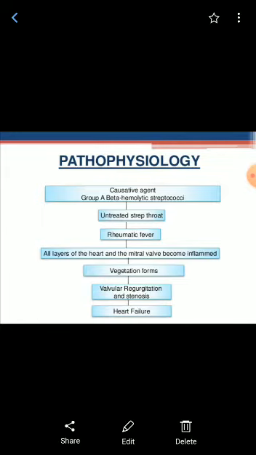So when we say that there is acute rheumatic heart disease, and when all the layers of the heart wall are inflamed, that condition is known as pericarditis. And the heart valve, especially the mitral valve, is frequently affected. So fibrotic nodules develop on their cusps, which shrink with age, distorting the cusps and causing stenosis and incompetence. Those fibrotic nodules present on the cusps are known as vegetations. So when this inflamed myocardium fails, that would lead to signs of heart failure. Heart failure signs include tachycardia, breathlessness, and cardiac enlargement also.